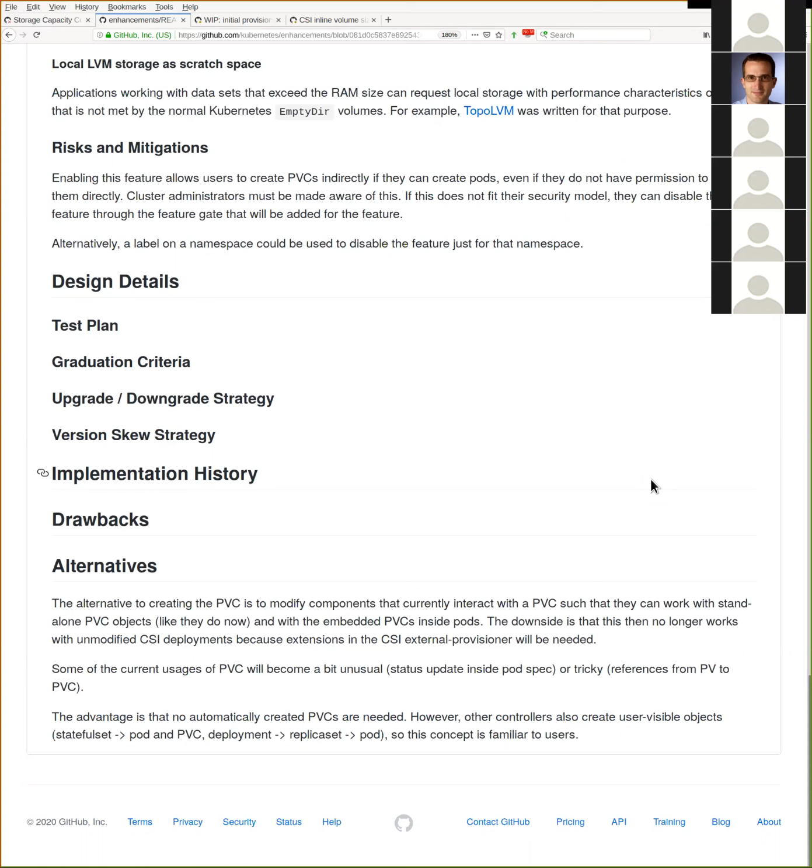Is it no? So a PVC itself doesn't have any mutable fields either in its spec. Oh, it has. It has size, for example. It has reclaim policy. I think size is the only one. Okay. Well, reclaim policy is another one. Yeah, we could argue that for inline PVC, we just make everything immutable as a simplification. Well, perhaps. But